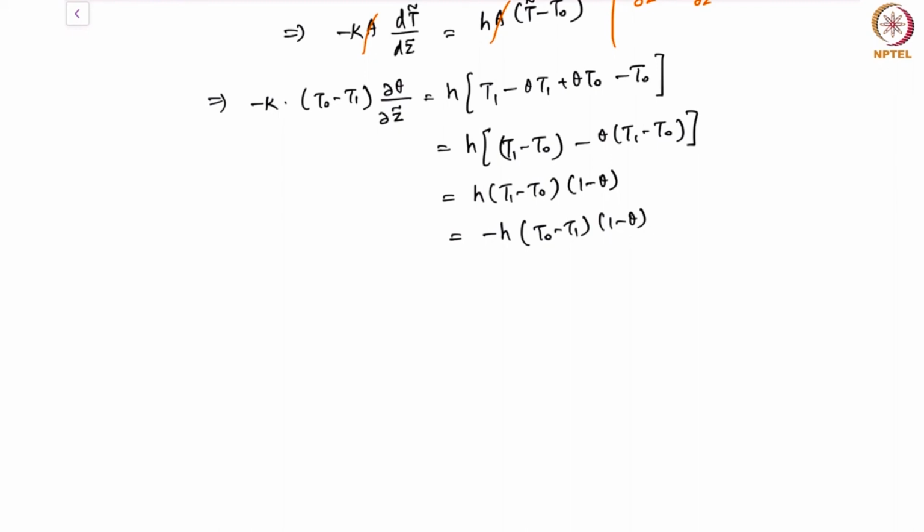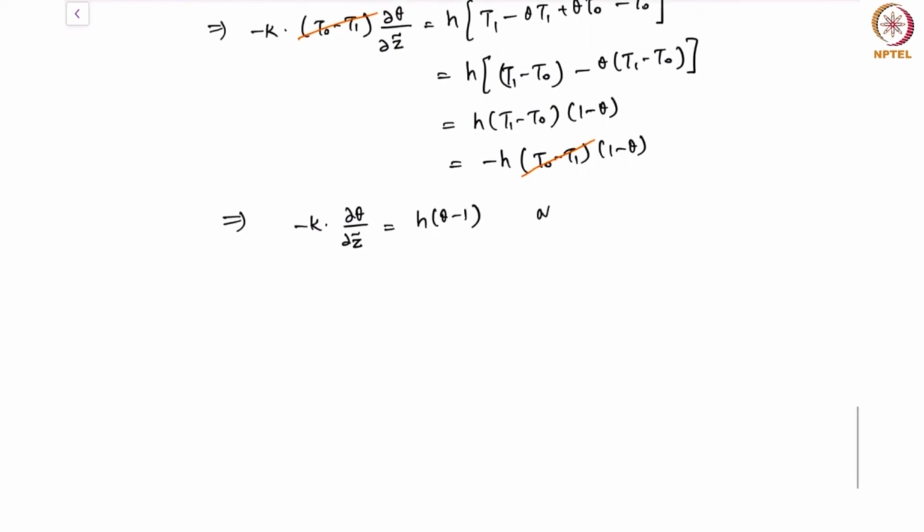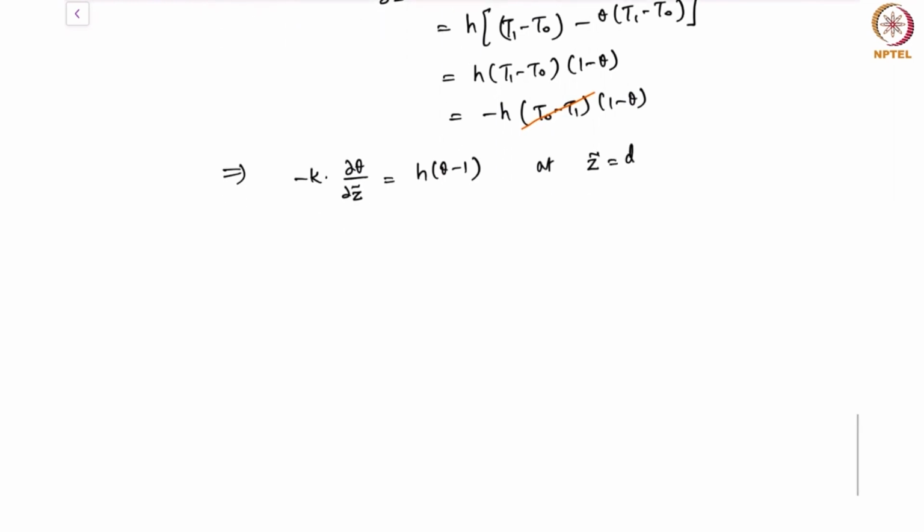We can cancel out on the left and right hand side t0 minus t1, and what I have is minus k del theta by del z hat is equal to h times theta minus 1. This, remember, is at z hat is equal to d, and now if I use z is z hat